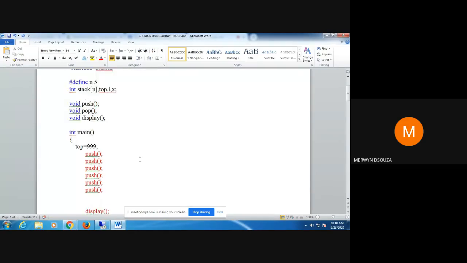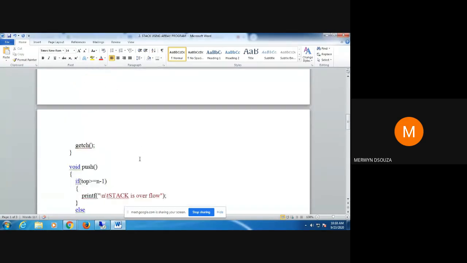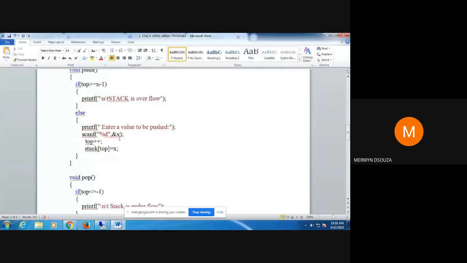Okay, this is just advanced programming, I don't want people to get confused. I could have set some condition here: if top equal to 999, then make top equal to 0.